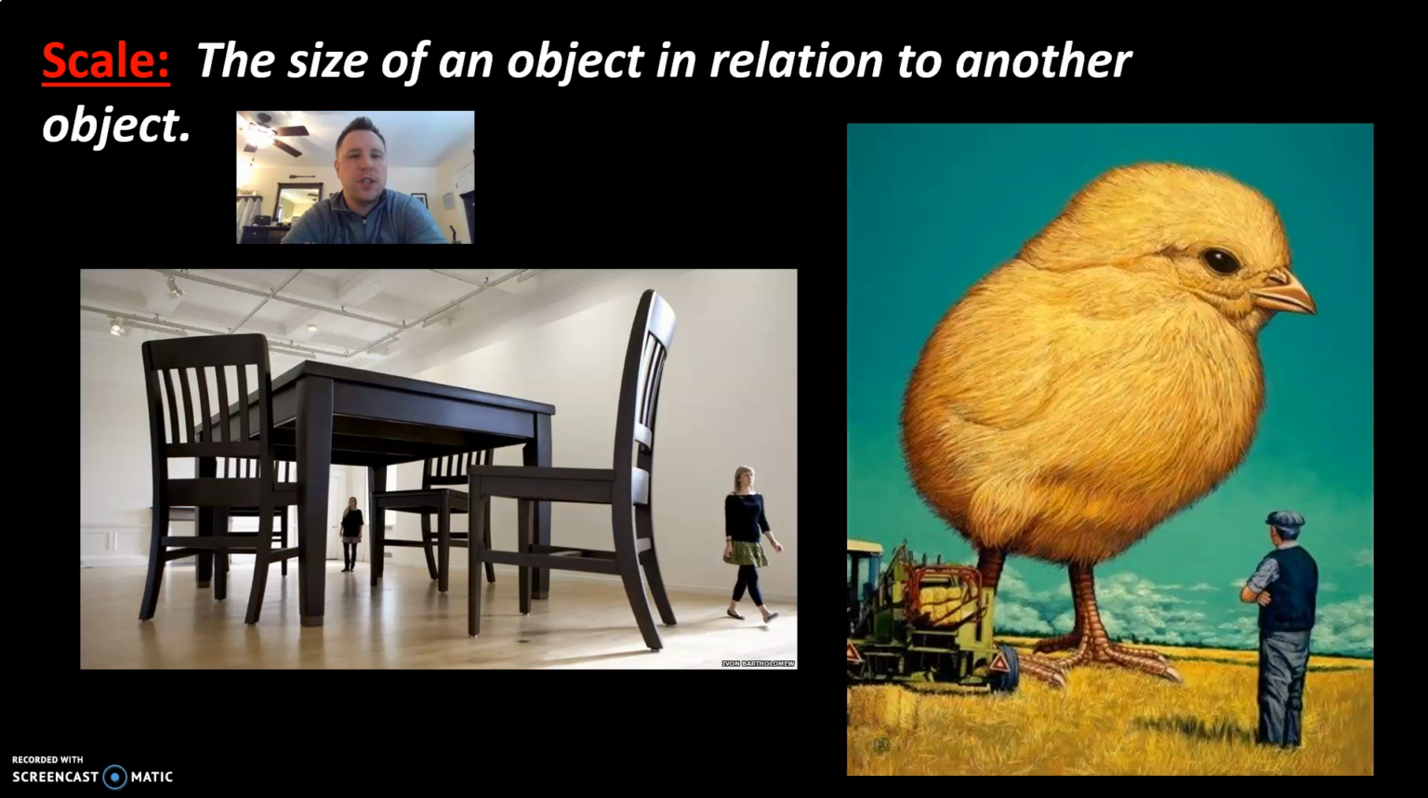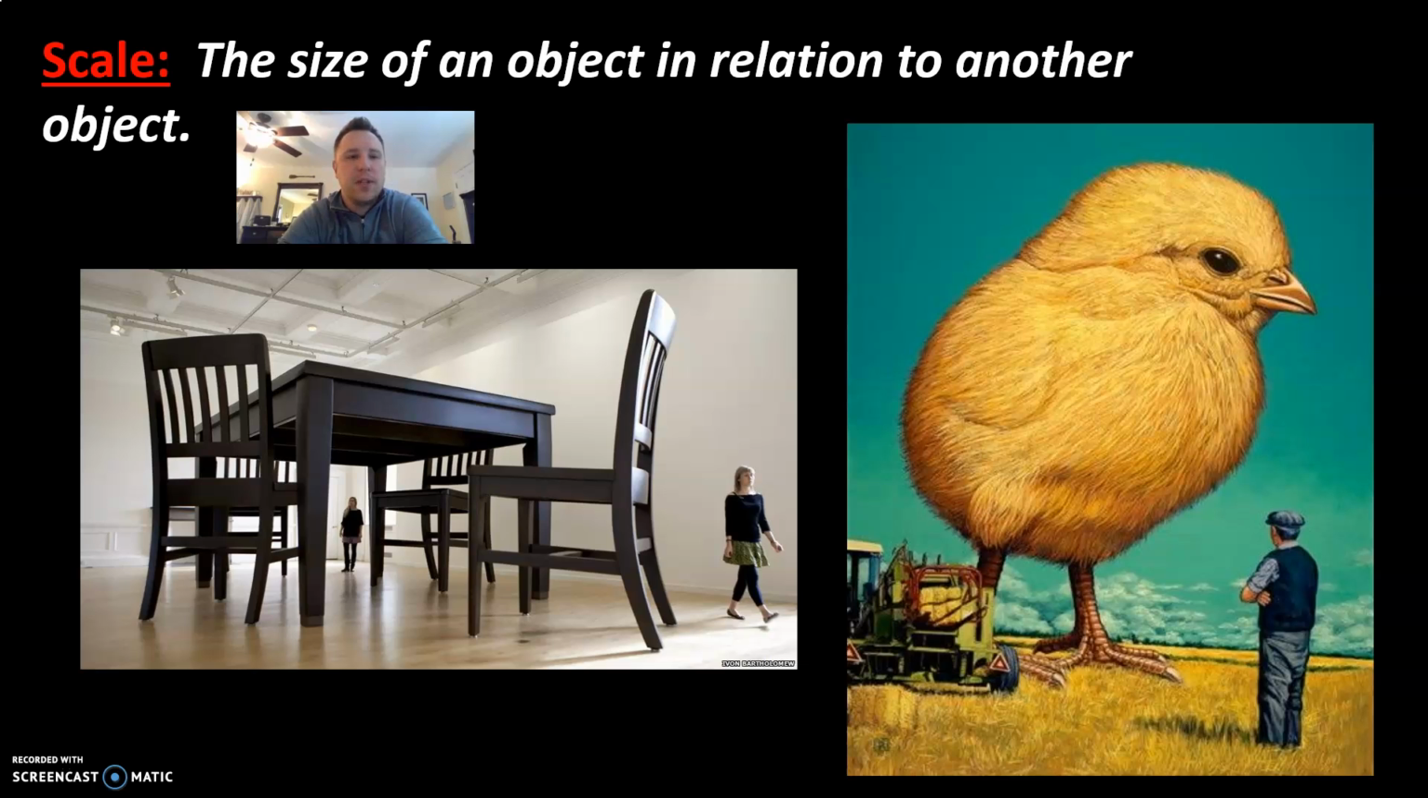So your first question in Word today is, what is scale? And scale is the size of an object in relation to another object. So scale is represented in both of these pictures. The scale of the objects is right in your face. You can't miss it. So let's break down the definition of how it applies to these images, because when you